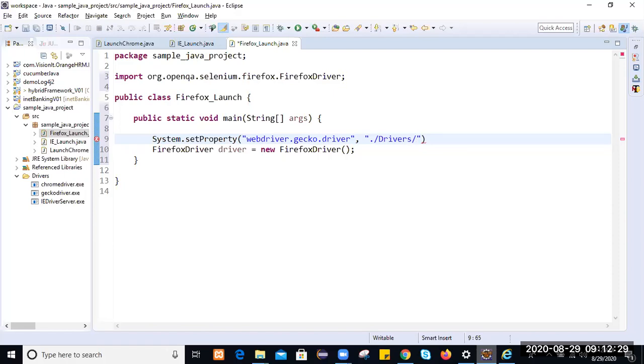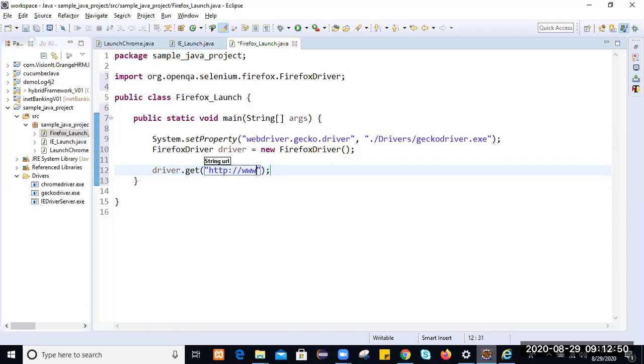Under that, geckodriver.exe. This is the system variable path we have set for this geckodriver.exe, and then we navigate to the application under test. This is facebook.com. Control F11.